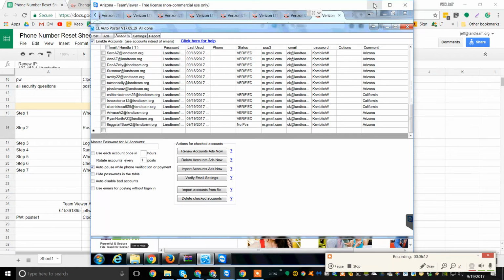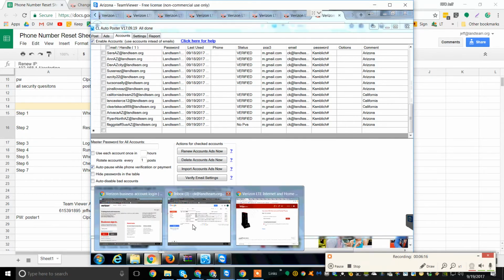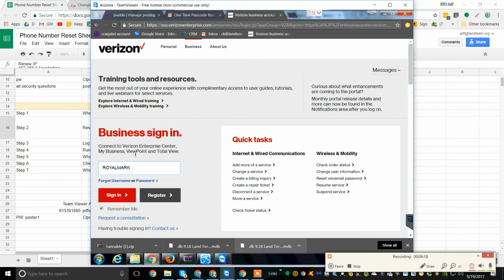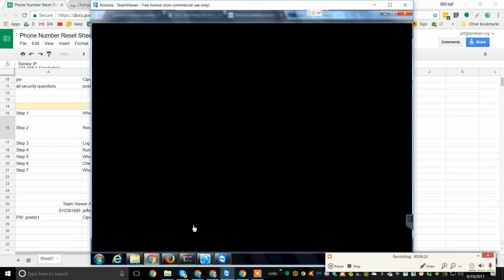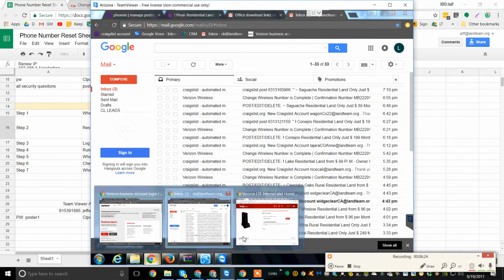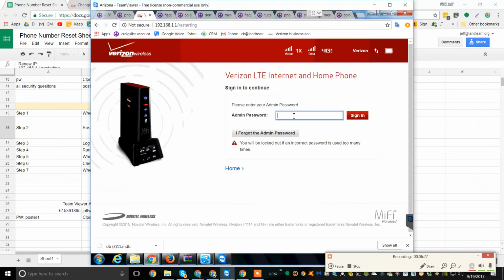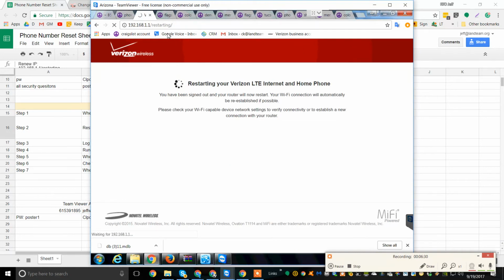But what it does in essence is it resets the IP by going here, plugs in the password here, signs in by going to that restarting URL,